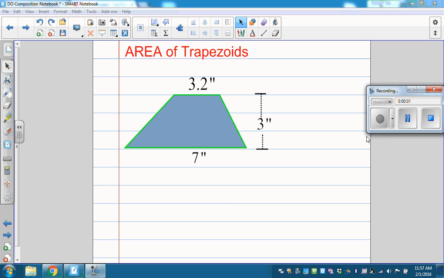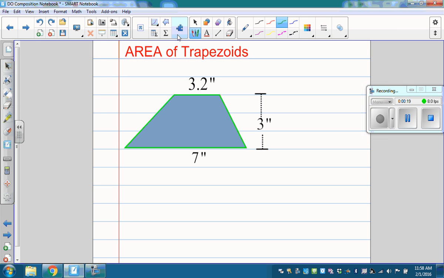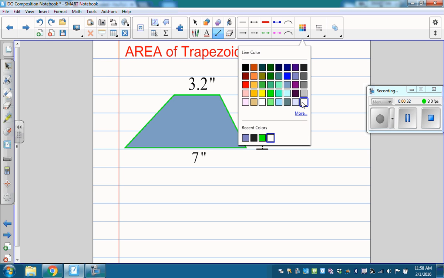Okay, so today in class we're going to work on finding the area of trapezoids. In the last couple days we've worked on triangle area, parallelogram area, and even area of complex shapes. So we're going to treat the trapezoid as a combination of two triangles. So if you look at this trapezoid, and if you think about the complex shapes that we worked on before, where we found shapes within shapes,